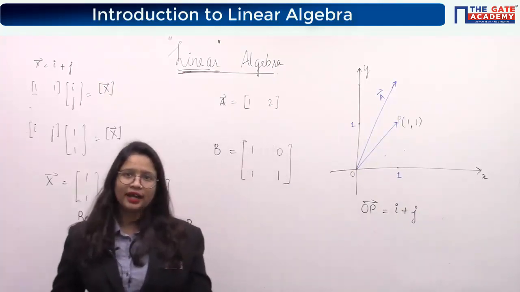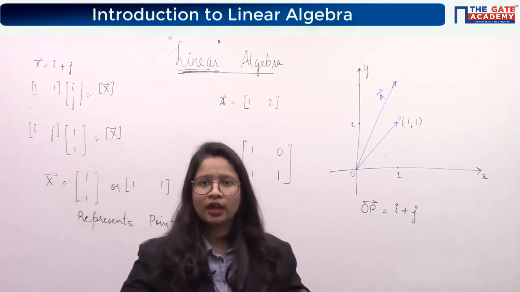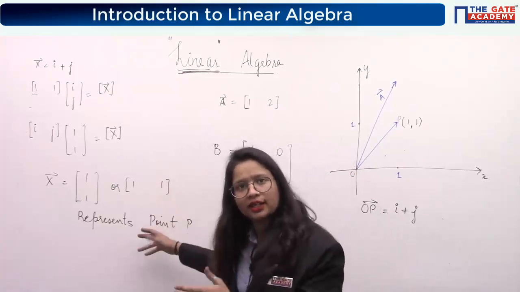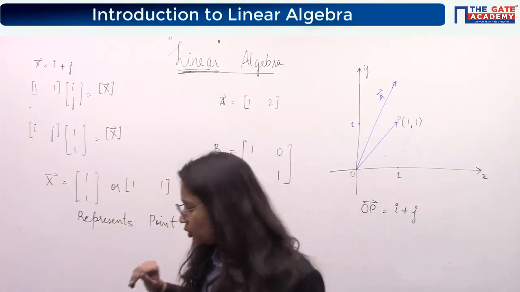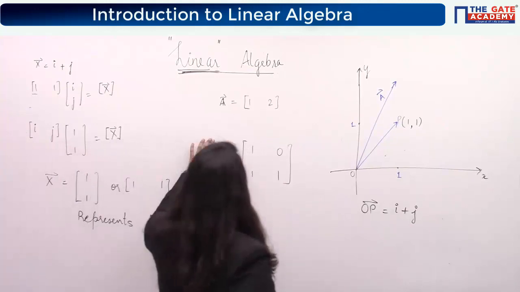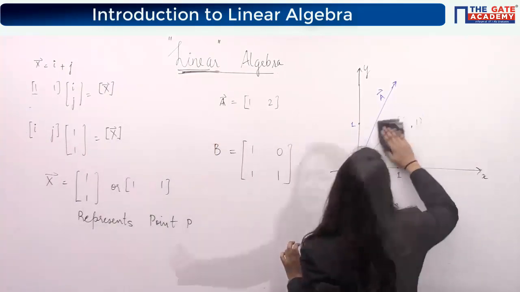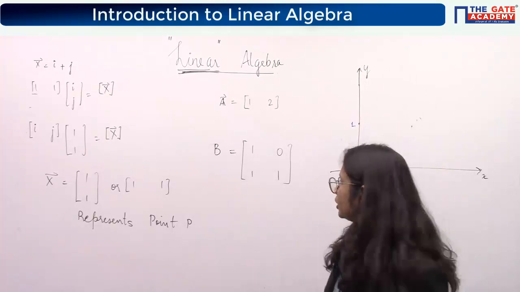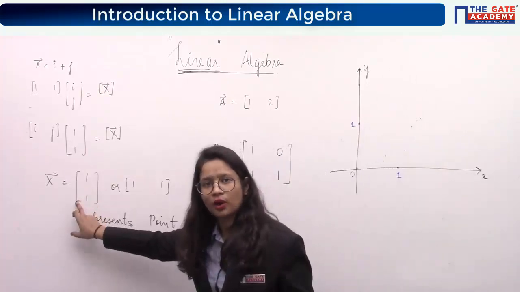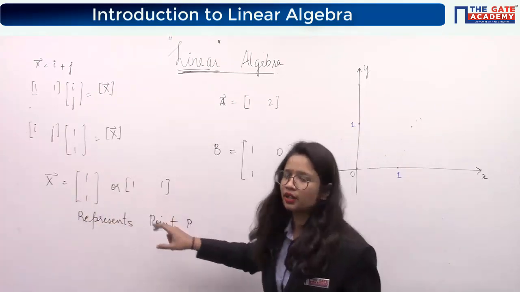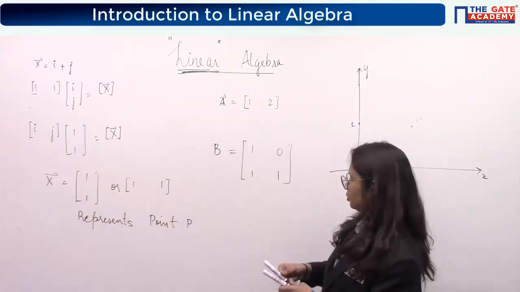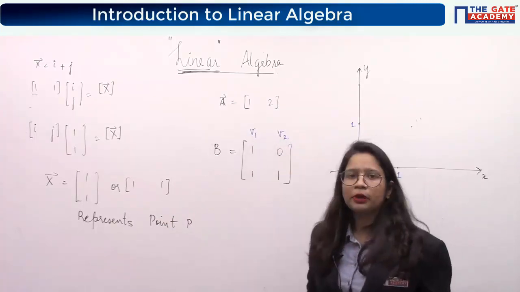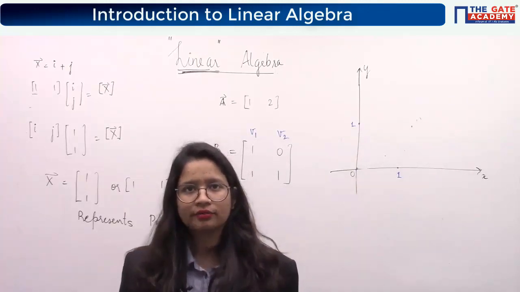Why are you telling line? Line and vectors are the same thing. If you can represent a vector like this, then we can represent the same line like this. So there is no issue in that. So what will this represent? Any guesses? A very good point, that it will represent two lines. I have written this is one line or this is one vector. This is one line or this is one vector. So there are two columns now. So what will you say? This is vector 1, this is vector 2, and B matrix is a combination of two vectors.